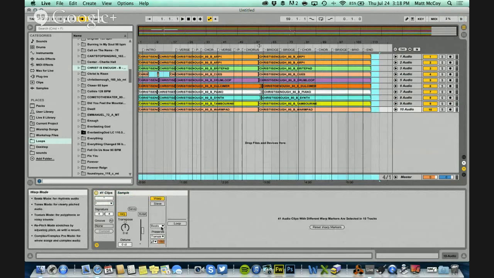I'm going to change our warp mode to complex. This is a feature that comes with Standard or Suite. If you have Live Intro, you're only going to have Tones and Texture. You could use Tones or Texture, just pick whichever one sounds better. It really depends on what you're warping. So let's go to complex. Now that everything's warped,